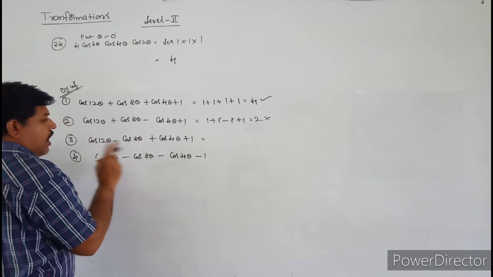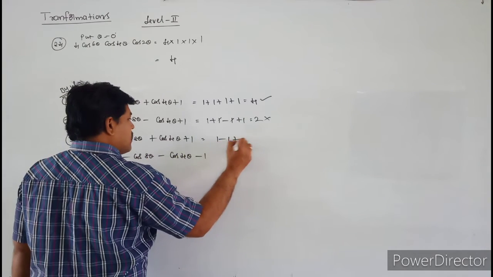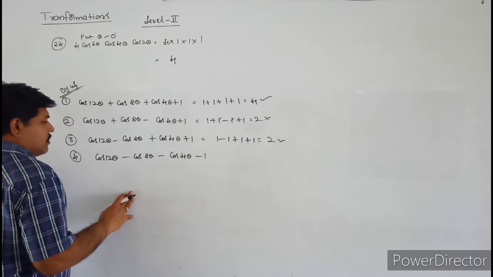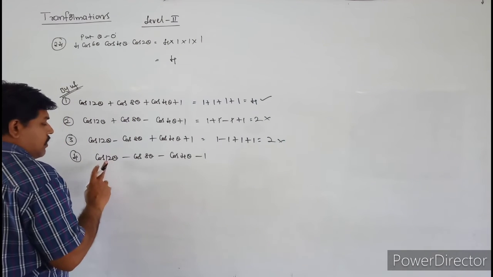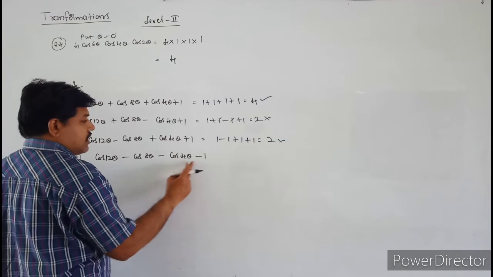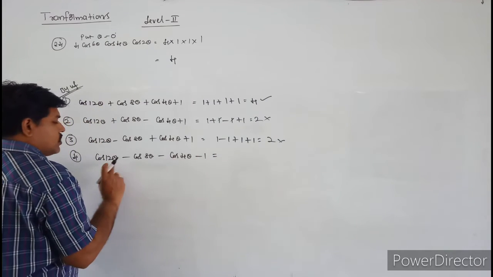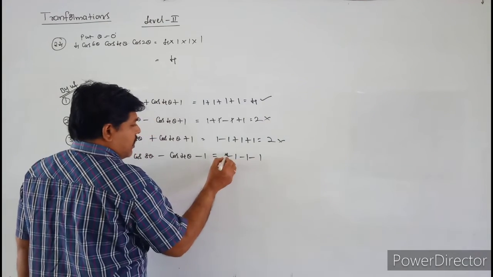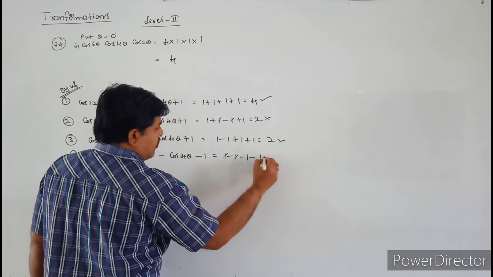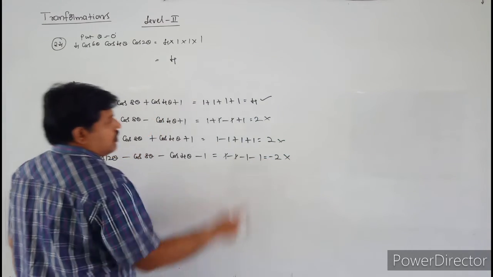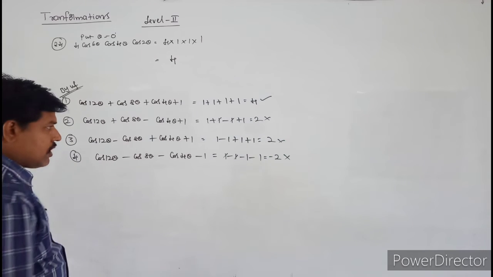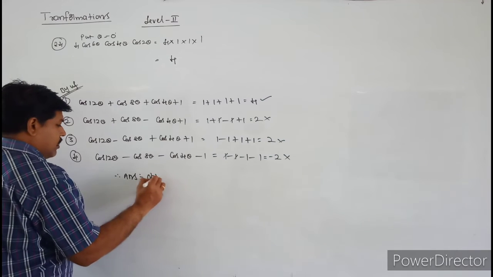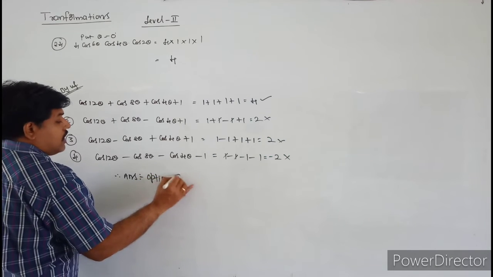So next verify that. 1 minus 1 plus 1 plus 1. That is also 2. So it is not that. 2 is the answer, but it is not in the options. So next see this one, cos 12 theta minus cos 8 theta minus cos 4 theta minus 1. So replace the values here. 1 minus 1 minus 1 minus 1. So what will become that? Minus 1 and plus 1 will be cancelled. It will become minus 2. Minus 2 is not the option. So only one option is satisfying the given condition. Therefore, option 1 is the answer.